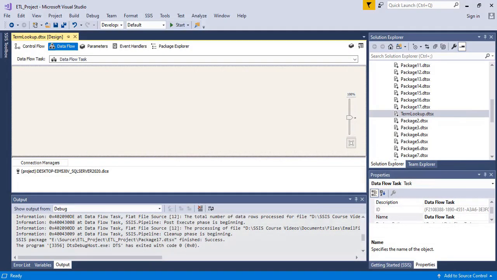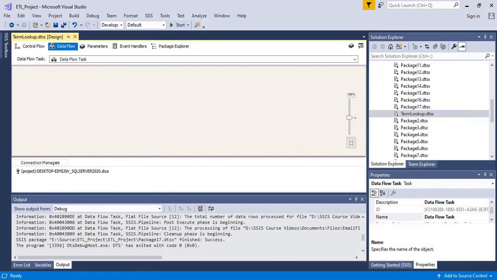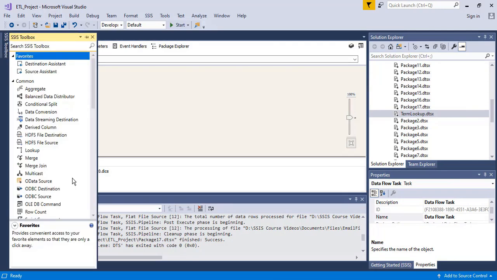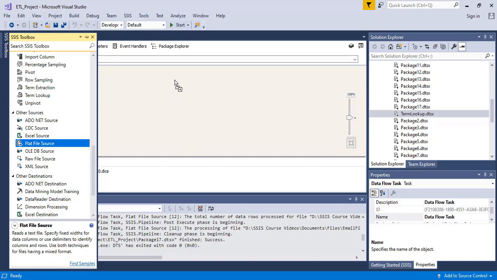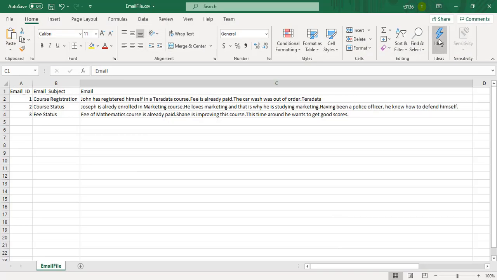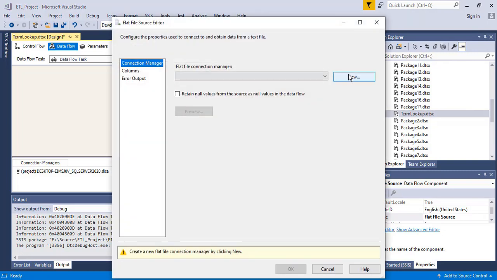Now, next I'm going to read this particular file. Especially I want to take this email description. For that I need to use the flat file source. Where is the flat file source? I need to use this flat file source. Okay, then double click, new,